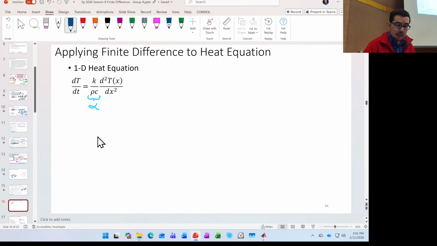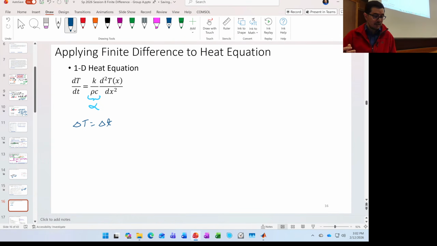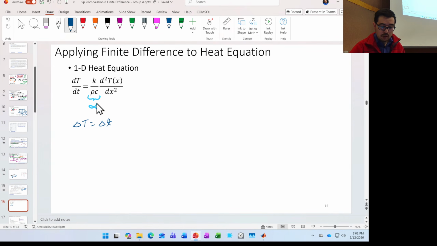So if I'm interested in a change in temperature, I'm going to have a change in time times this k over rho c, so I've just moved this over here, k over rho c, which I'm going to say is my alpha,